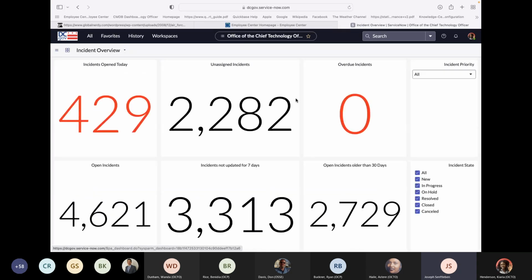When you access that, what you're going to find is a typical dashboard. Each dashboard will consist of a number of cards or widgets. These widgets will contain information. As you can see here, there's a lot of numbers on the screen. This particular dashboard contains widgets that define how many records there are based on the title. So incidents open today, unassigned incidents, incidents not updated for 7 days. But essentially, you can click on any one of these numbers and it will take you to a list view